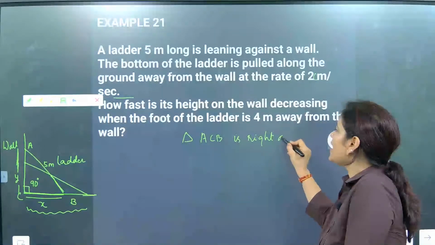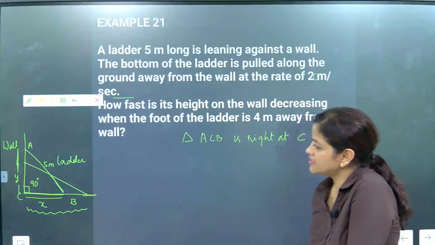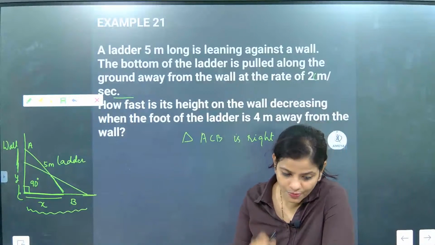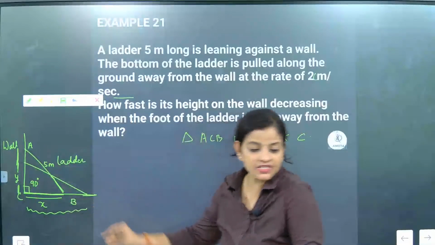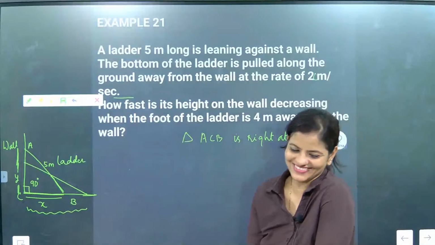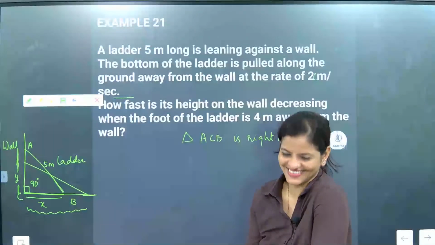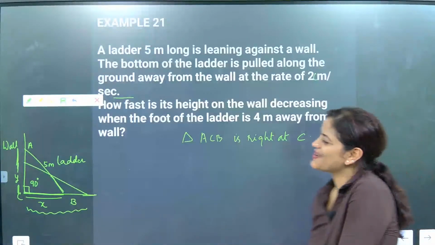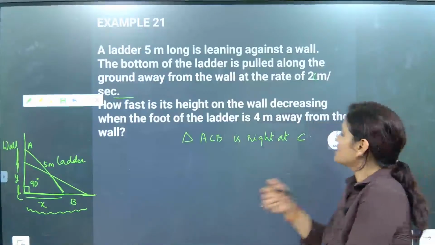It is right angled at C. Okay, so now we are going to use the Pythagoras theorem, because in total this section we have taken as y and this section we have taken as x. So this part is coming as y and that part as x. So now, using the Pythagoras theorem,